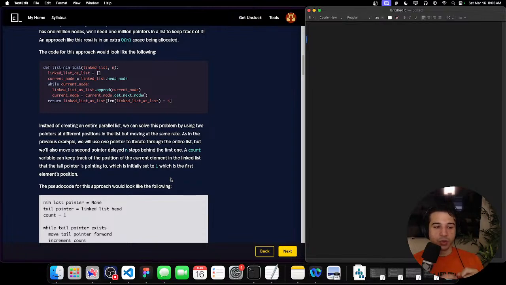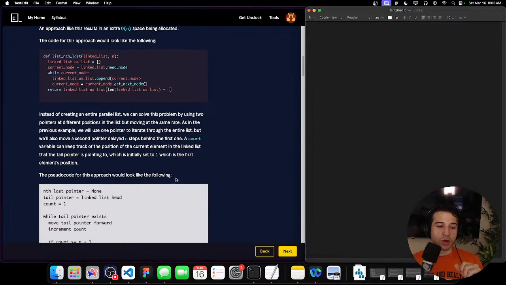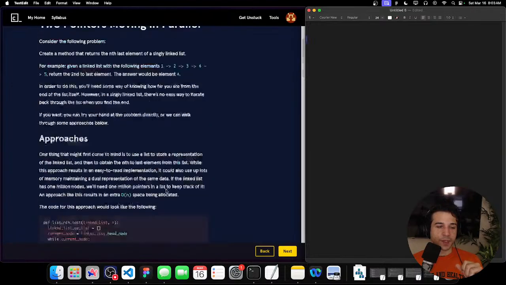A count variable can keep track of the position of the current element in the linked list that the tail pointer is pointing to, which is initially set to 1, which is the first element's position. The pseudocode for this approach would look like the following. So again, this problem is